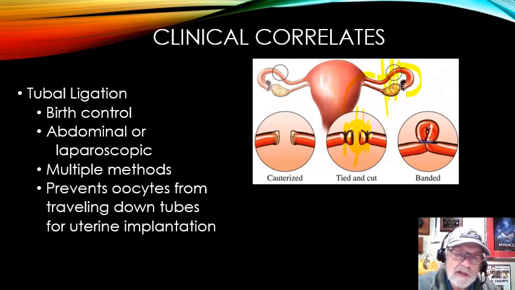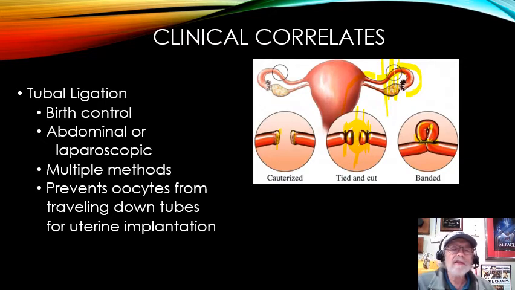So that's a little bit about that type. Sometimes they cauterize it, so they'll open it and cauterize it, and by burning it creates a scar. I'm not sure if that's always that reliable. Or they could actually band it, and they sort of loop it up into a band like this, and they band it across and so on.